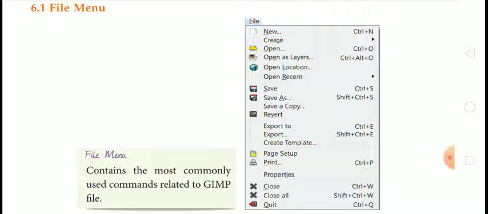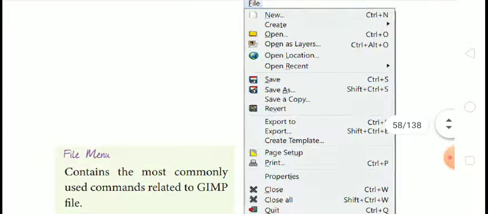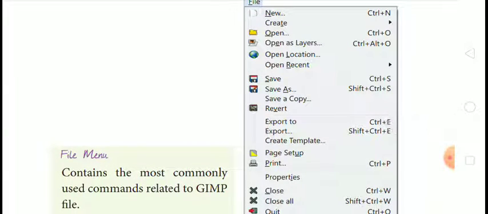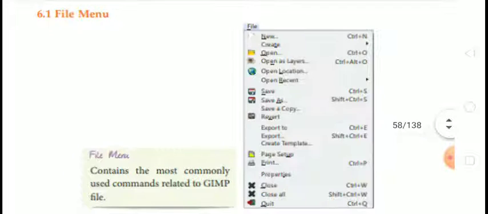When you click on the file menu, you can see in the image these options are available in the file menu.